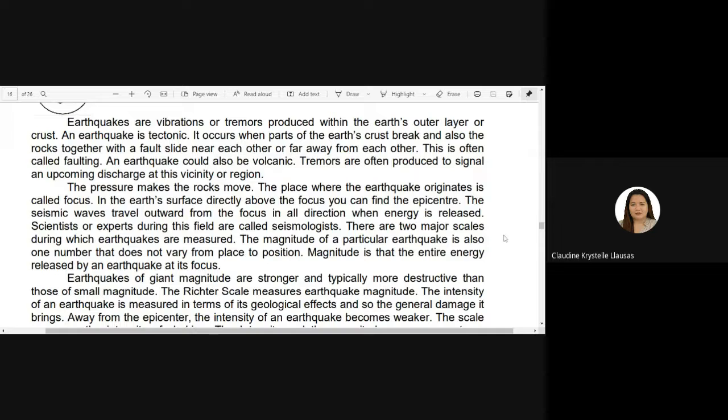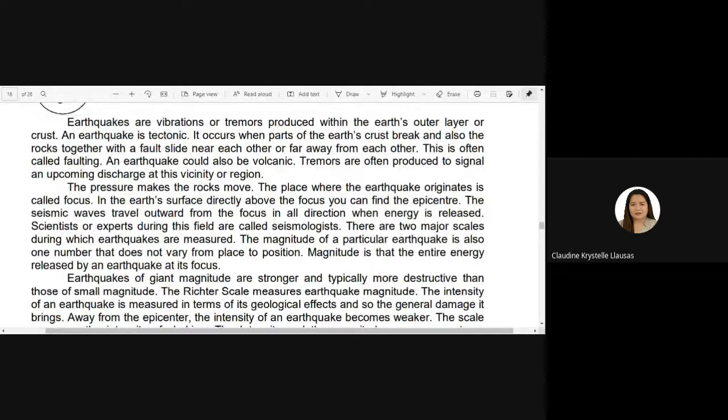So there are two major scales during which earthquakes are measured. Okay? Gitawag nato nga magnitude o intensity. So we will also try to differentiate what magnitude and intensity is. Kaya ang uban tao, they are often maglibog sila sa definition sa magnitude o sa intensity. Labay, intensity 4 ang linog, ana. Magnitude 6, ana, okay?